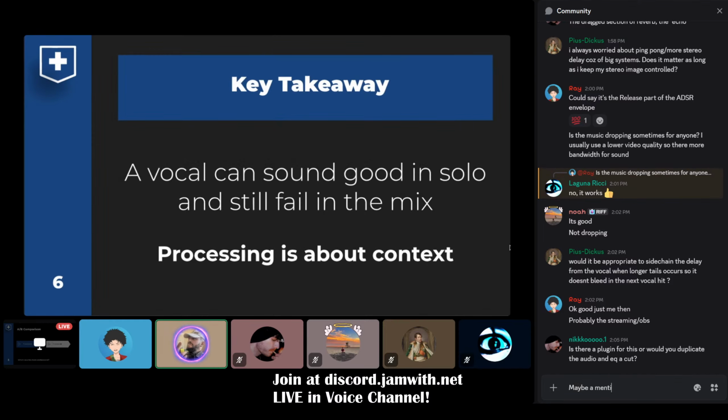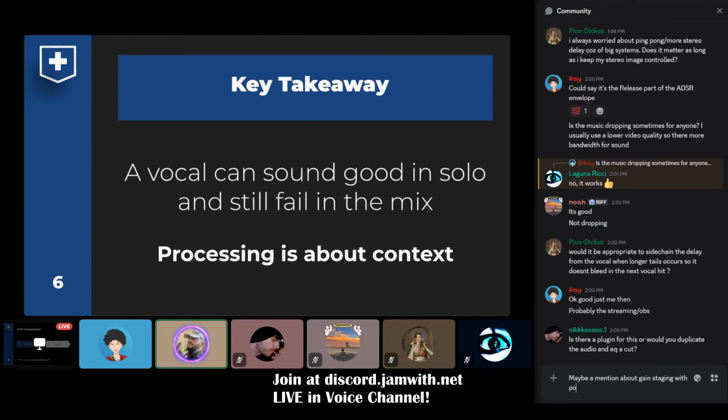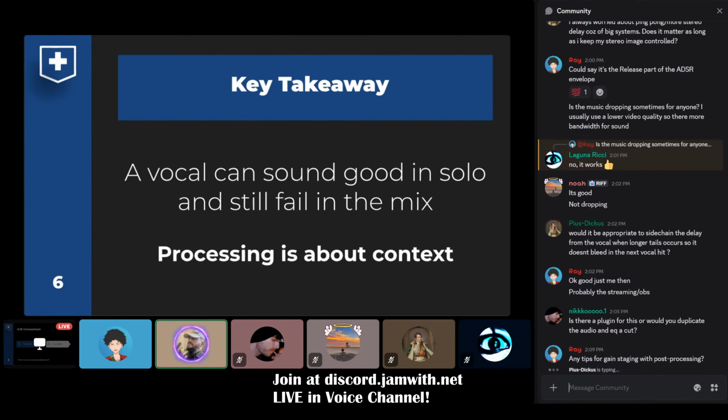So this is the key thing I think you should remember: just because it sounds good when you're putting your effects on it, you make the vocal sound lovely, you listen to it solo, doesn't mean it's going to sound good in context in the song you're making. I don't know how many times